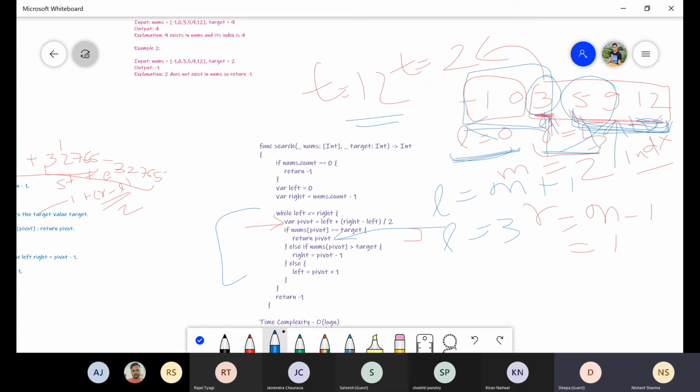So that is the main logic behind binary search, and the overall time complexity for binary search is order of log n, because at every iteration our array size reduces to half. For example, when we take an array of size 6, in the first go we either neglect the left side or we neglect the right side. In the second attempt again, either we neglect the left side or the right side. So every time the array changes from n to n by 2, then n by 4. When you calculate the time complexity using this logic, the overall time complexity becomes order of log n.